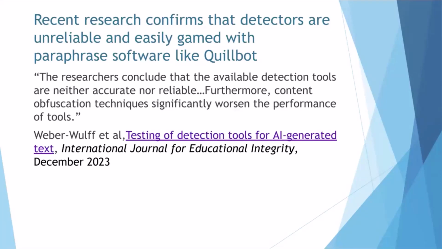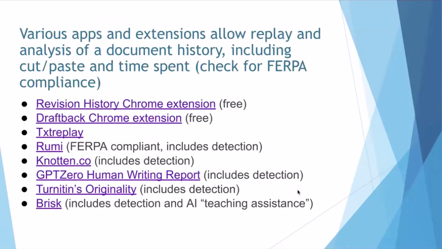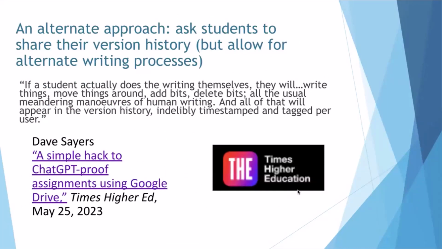So I would also note, I should have a slide about this, that there's also a study out of Stanford showing that these systems, the text detection, are biased against English language learners. So, these systems have not been tested for bias, essentially. Okay, so if we're not going to rely on detection, I'm going to leave it agnostic as to whether there might be a place for detection in some form. But certainly it's not a fix for the question of accountability.